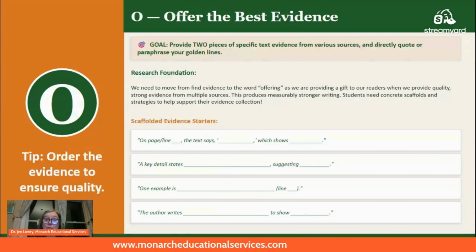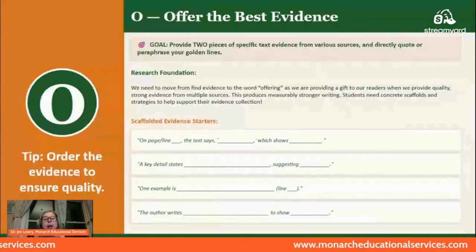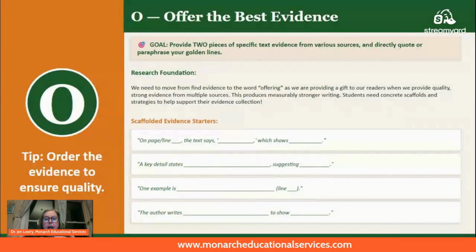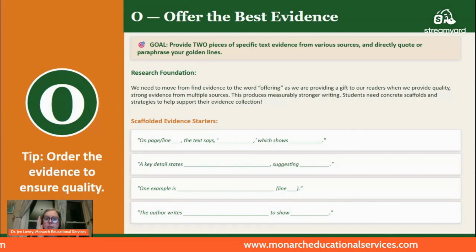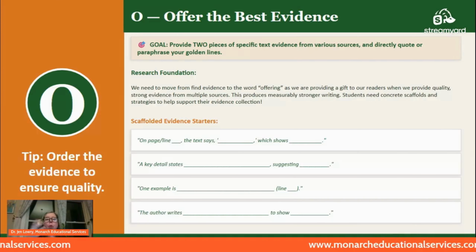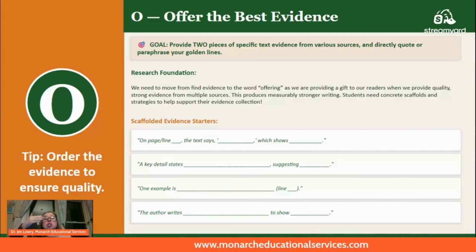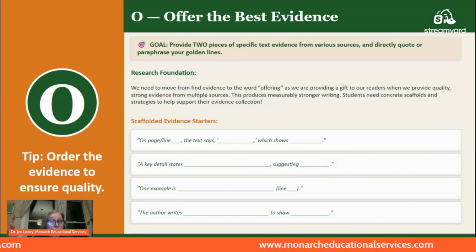Remember I told you the English teacher in me loves word choice. So when I think about offering you something, I'm thinking of it as offering you a gift. I'm offering the reader a gift of the strongest, quality evidence that I can find so you can understand the heart of that message or the point that is being debated, and that these are solid, strong pieces of evidence that can either sway someone or have them question more, because isn't that what writing is supposed to do, right?